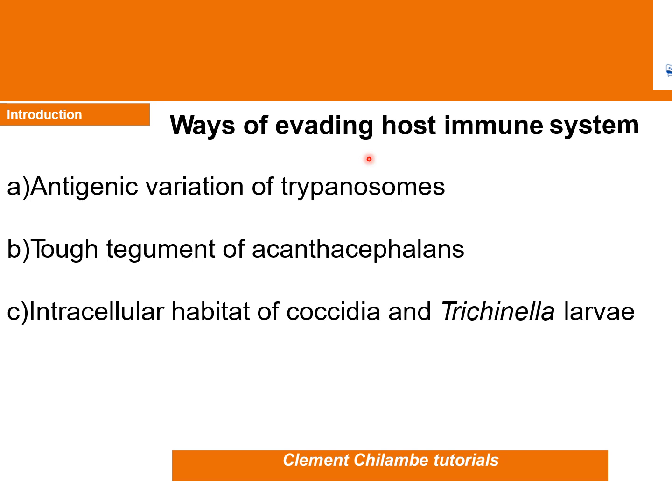Number one, antigenic variation of trypanosomes. We've actually given examples of trypanosomes. These trypanosomes have these variations. The antigenic variation means that as far as the host immune system might want to eliminate the trypanosomes, due to the antigenic variation it is difficult, and in most cases you find that they are able to evade the host immune response system and cause the disease.